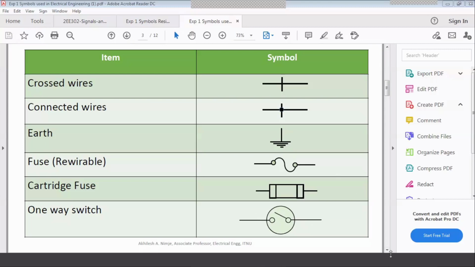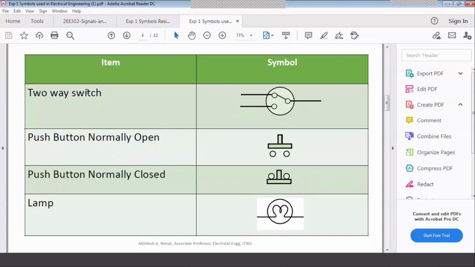Now we have the two-way switch. In a two-way switch we have three terminals. So what is a two-way switch actually? A two-way switch is used if you want to operate your appliance or device, any tube light, any lamp, any fan with two switches.